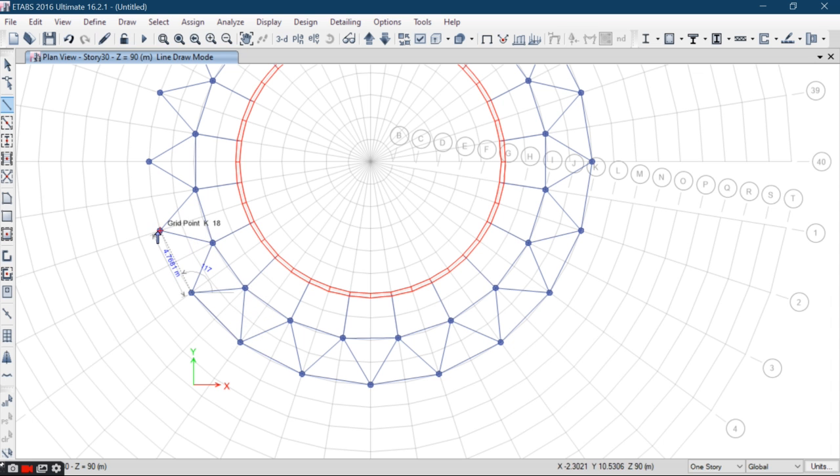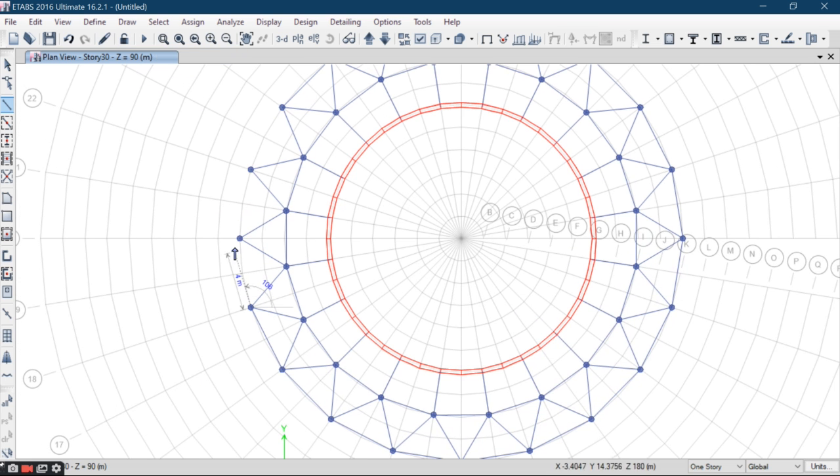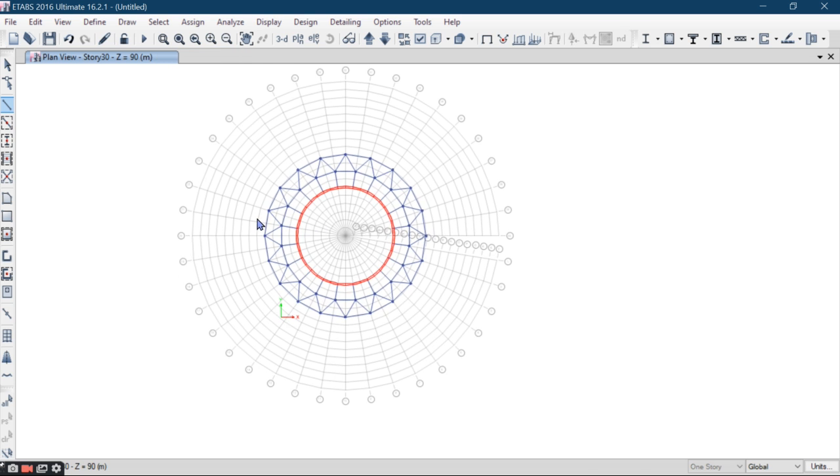So it's only the modeling part. Okay, it's not a designing part. We will design this model in the next video. Okay, so for now